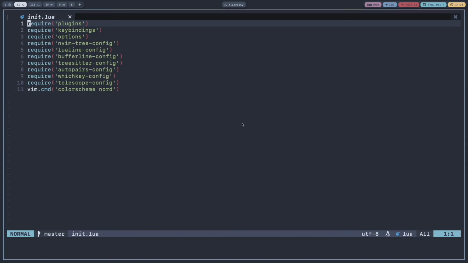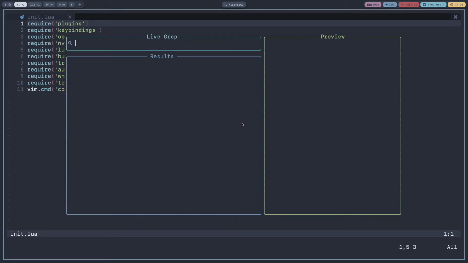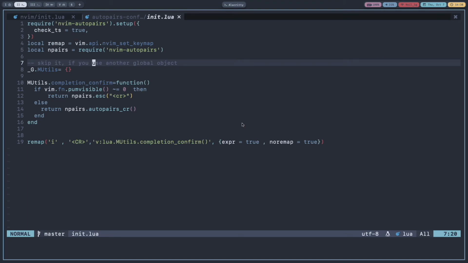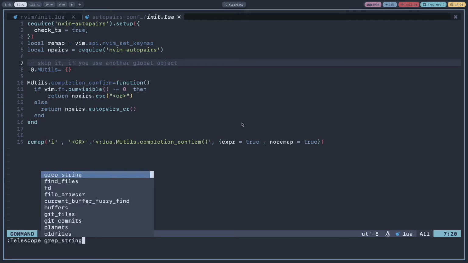Let's do space R and I'll search for use. Now I'll hit enter, and that telescope window is gone. What can I do to get it back? I forgot what the command was for that. I think it was resume.